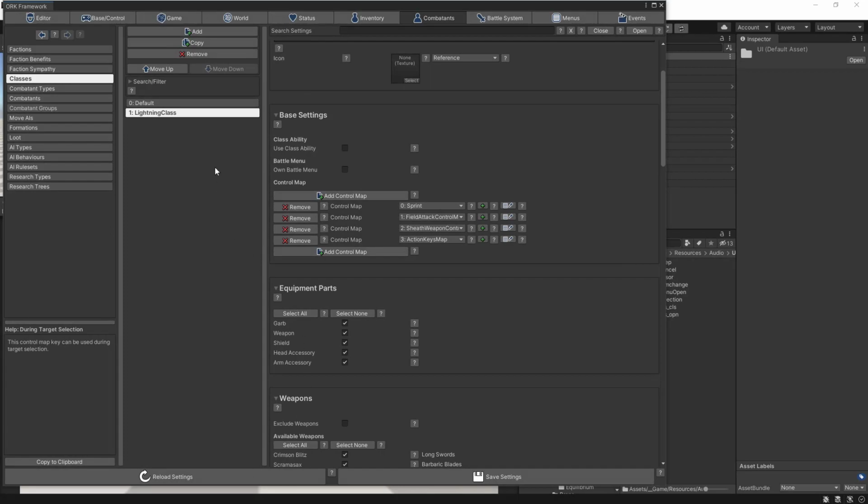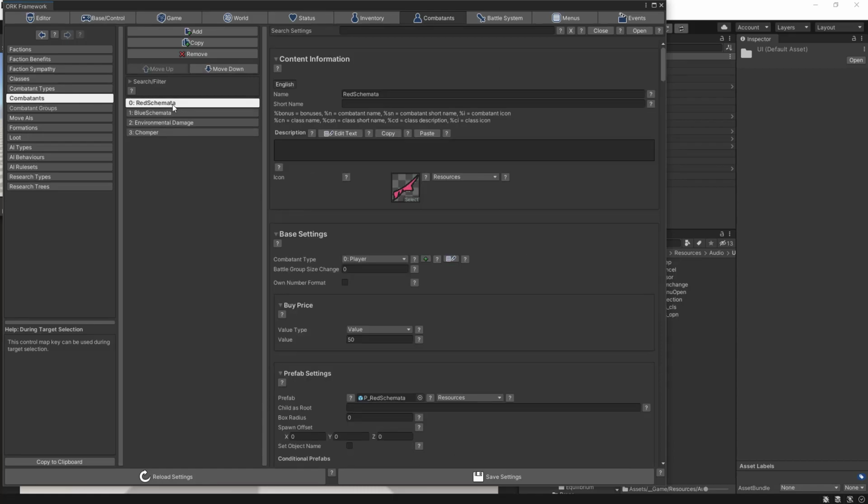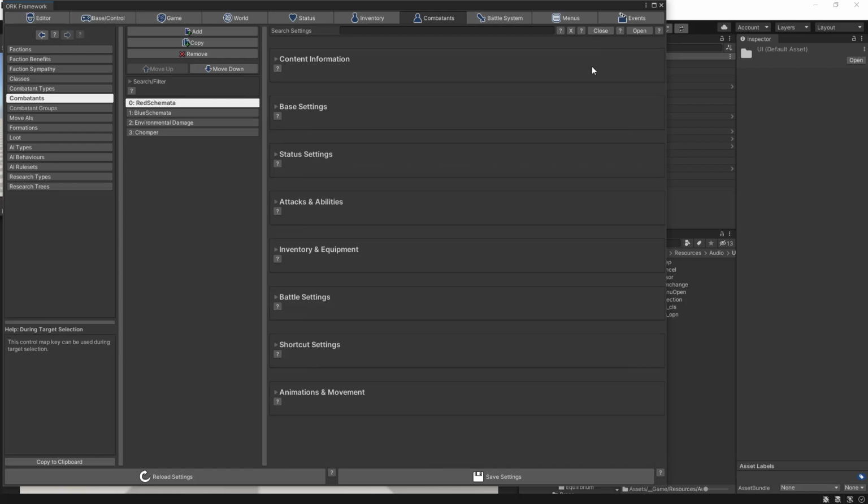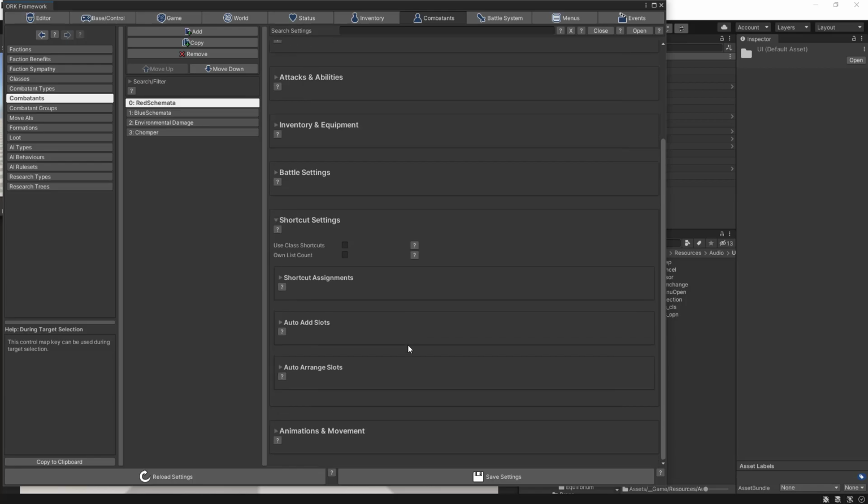Alright, the next step is to create the shortcut assignments to our schemata. So here in the combatant section we already have the red schemata, so let's close up all the settings and select the shortcut settings. Here in the shortcut assignment you can see that we can use a class level shortcut, but we don't want that because each schemata, the red, the blue and later on the yellow schemata, will have its own shortcut